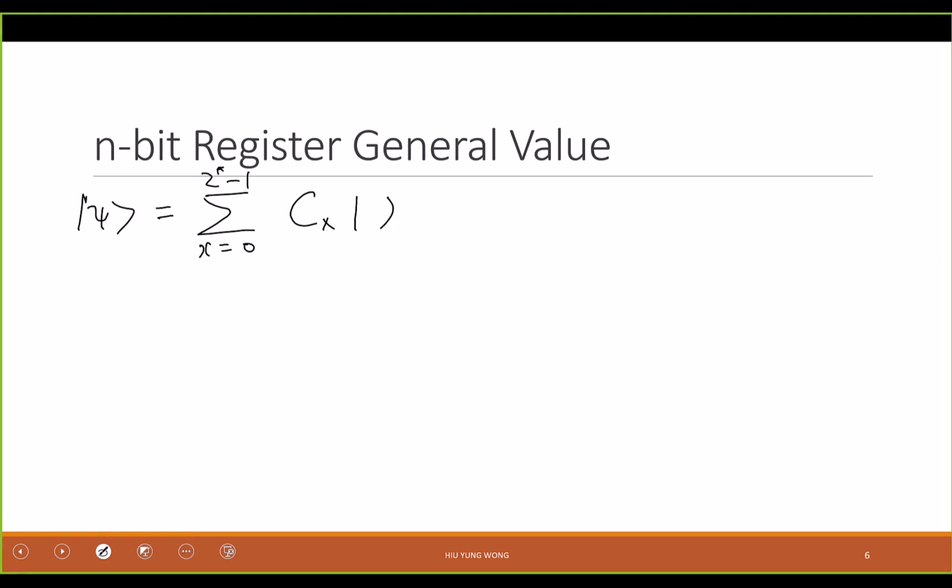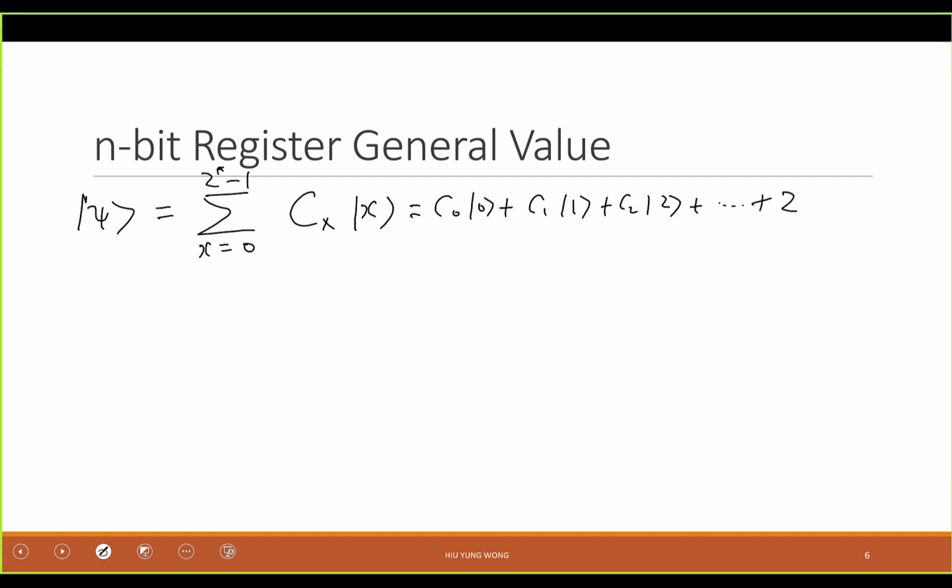And this is just what I put in the previous slide, sorry, I did not put it in the previous slide. So this means c0|0> plus c1|1> plus c2|2> plus all the way to